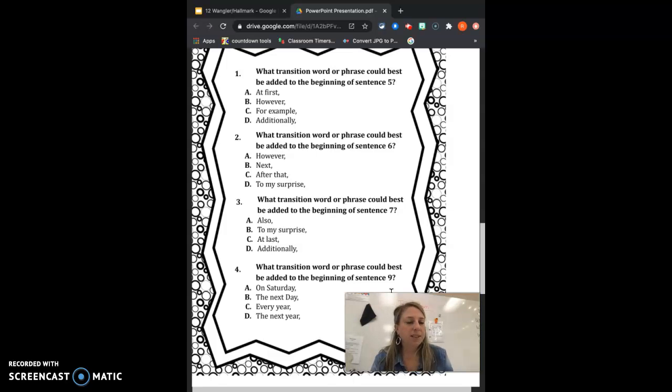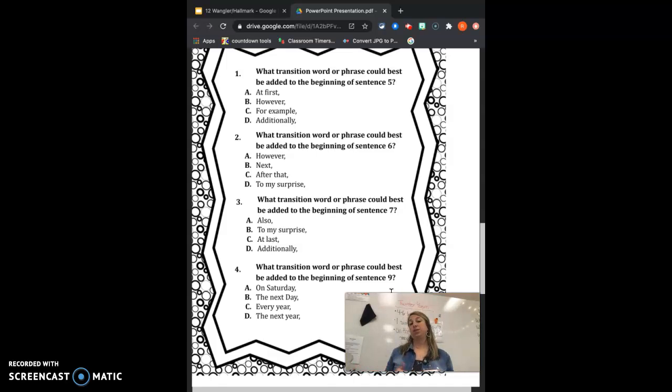Blank. Oh, let's read the sentence before. Ever since then, it has become a tradition to have cheesecake on my birthday. Blank, Grandma even put a Ninja Turtle toy on top of the cheesecake. On Saturday, Grandma did that. The next day, every year, Grandma even put, or the next year, Grandma even put a Ninja Turtle toy on top of the cheesecake. So I'm going to go with the next year